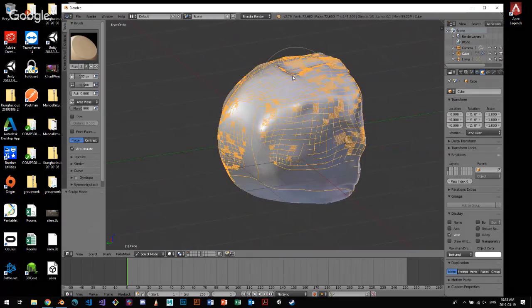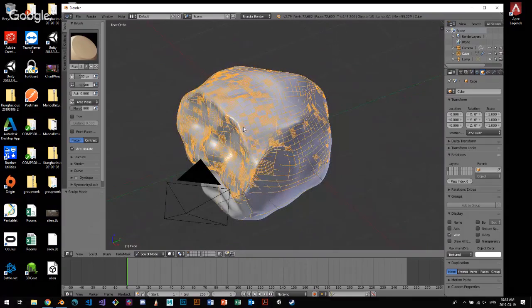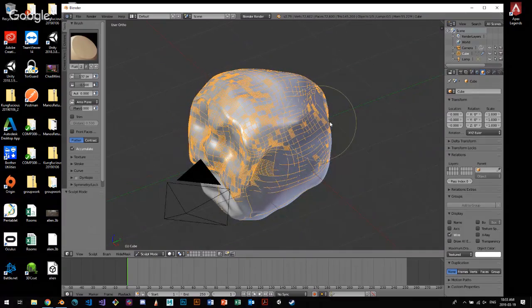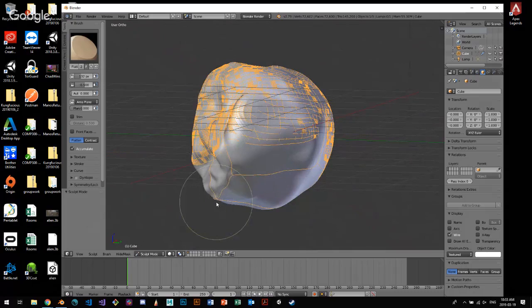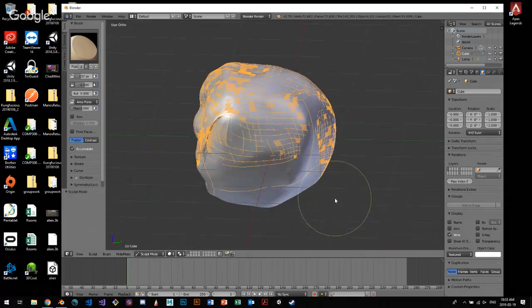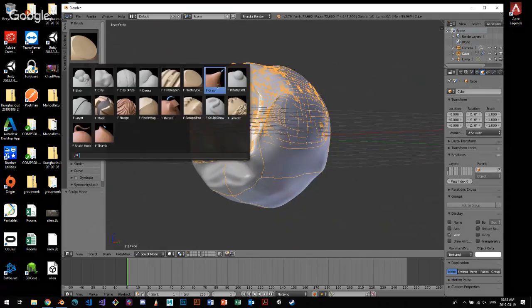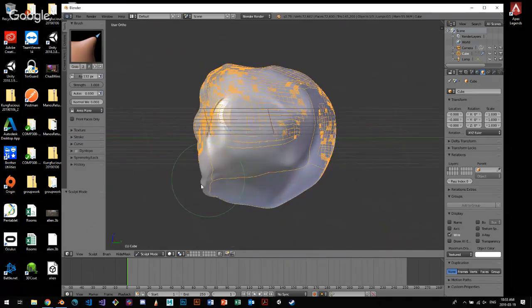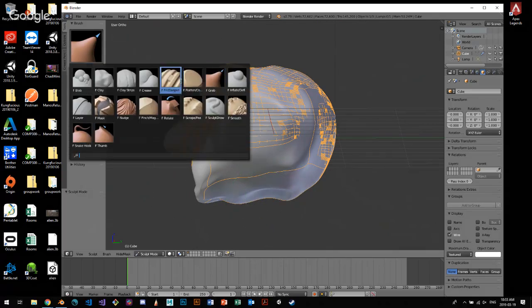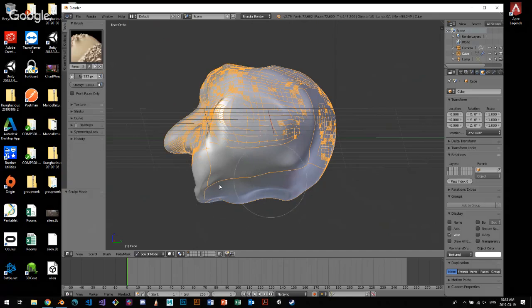So again, starting off with a cube and then moving into something that looks more spherical. All right, so again, we're going to get that shape that we want. And then we can do things like go to the grab tool and pull the chin out, maybe the front part of the face, maybe like the nose. And push this in, then do more smoothing. Again, I would go to the smooth tool and smooth that out so it doesn't look so dramatic, and then